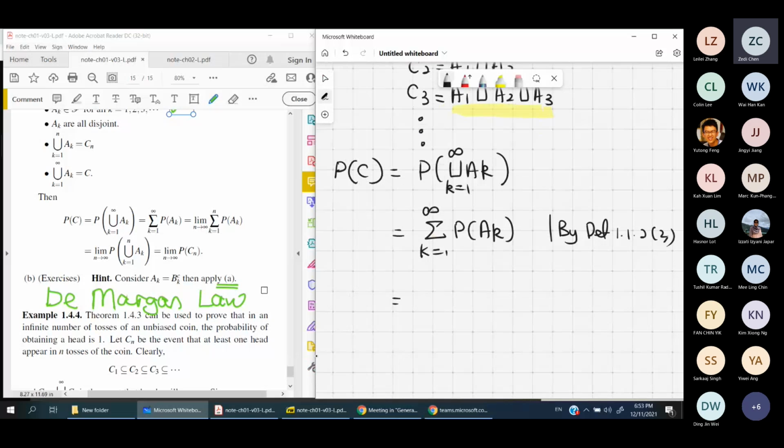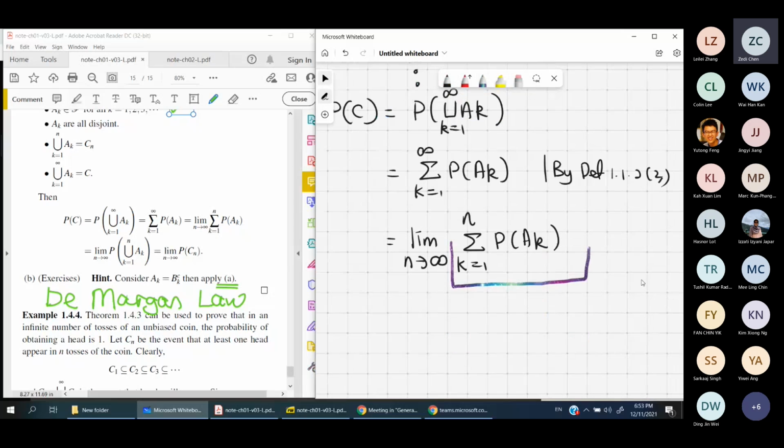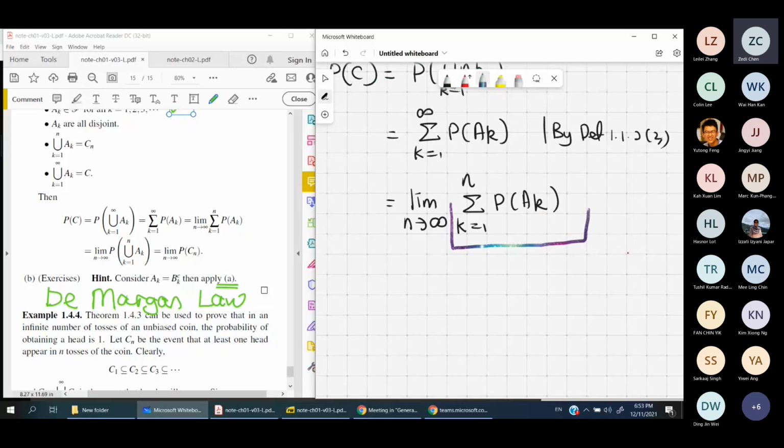So then this is written as the limit n to infinity of the summation of K from 1 to n of P of AK, right? And again, we just focus on this part only. Forget about the limit, just look at this part only. So we can apply our definition once again. We use definition 1.1.23 again, just for this part. Then it becomes